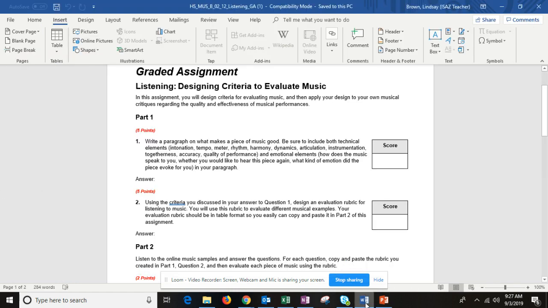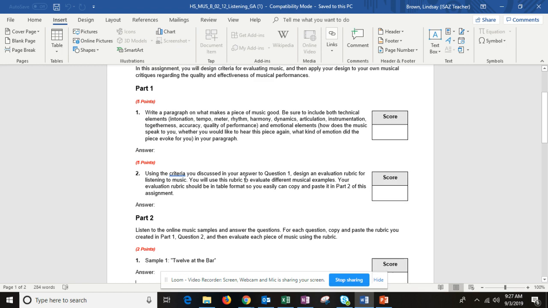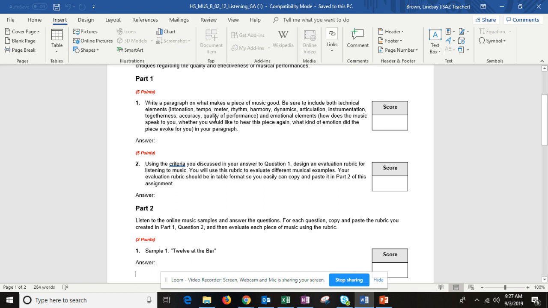So if we go back to the assignment, you're writing a paragraph on what makes music good. We've had some practice on this in Unit 2. Be sure to include technical and emotional elements that we just discussed, being specific. What makes music good to you? Now, using what you discussed in question 1, so let's say that you chose tempo, dynamics, rhythm, and